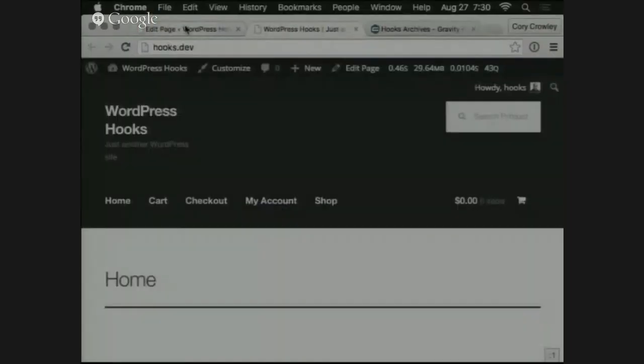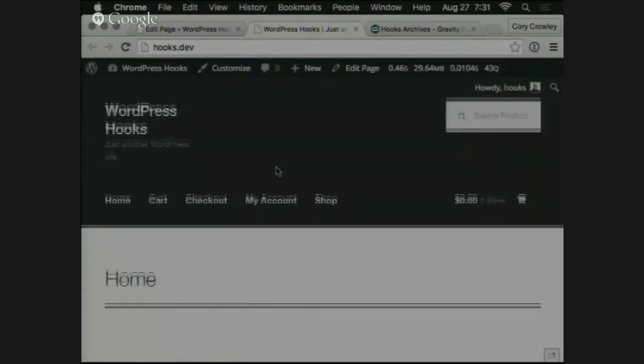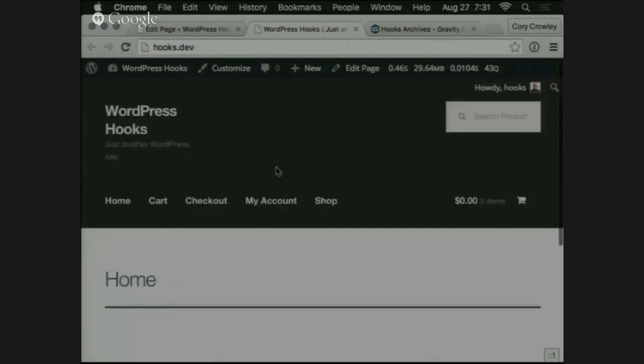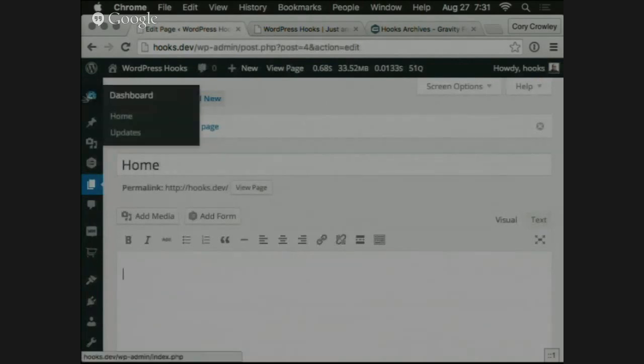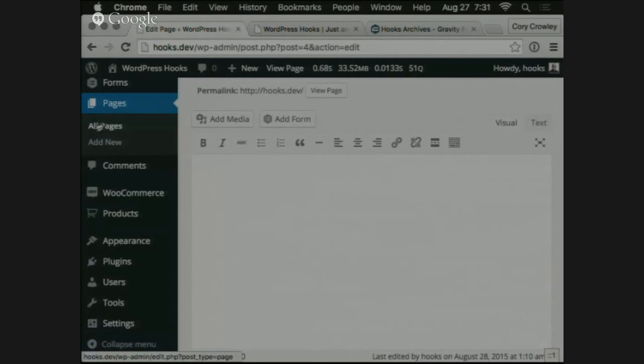So let's go through. I set up a site here called hooks.dev, and this basically has a theme by Woothemes. I'm not particular to this theme or anything like that. It just has a lot of good examples of things that we can hook into, and so that's why I chose it. So first of all,